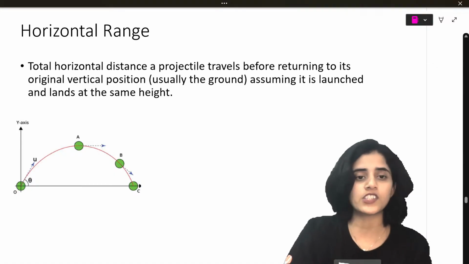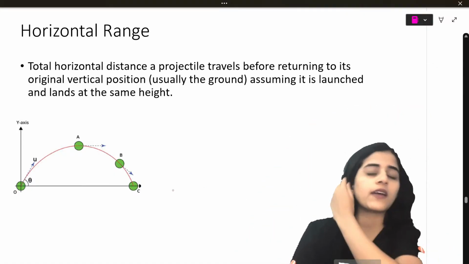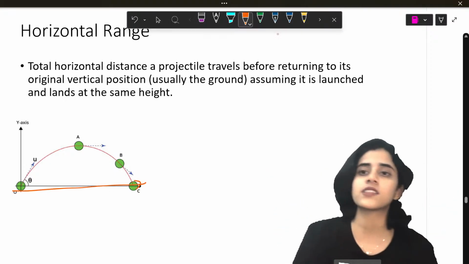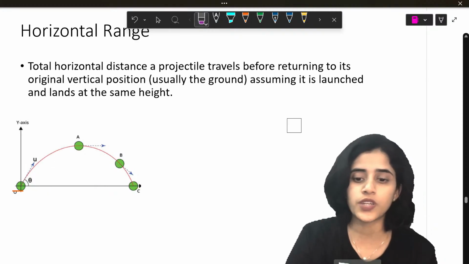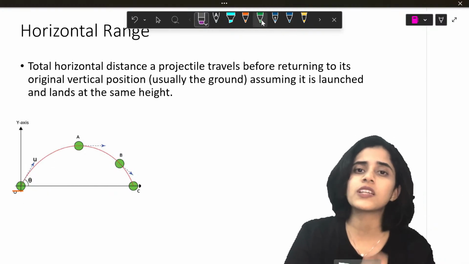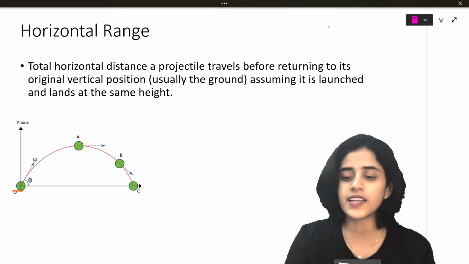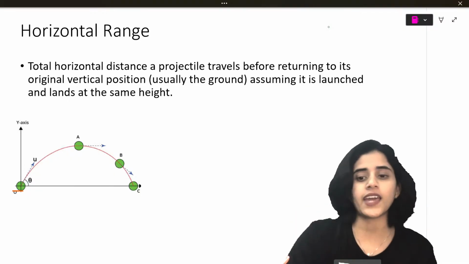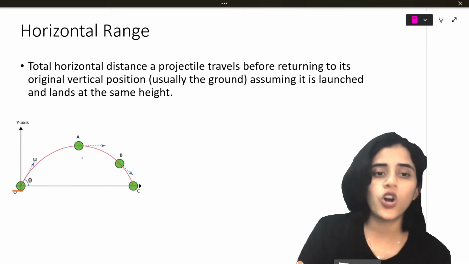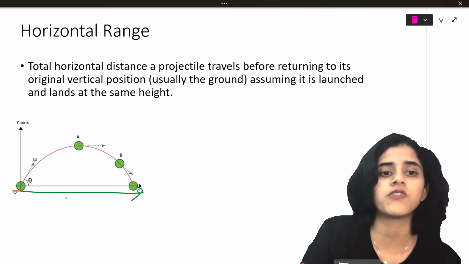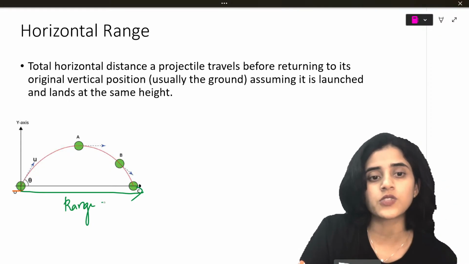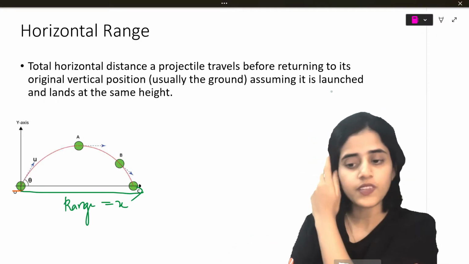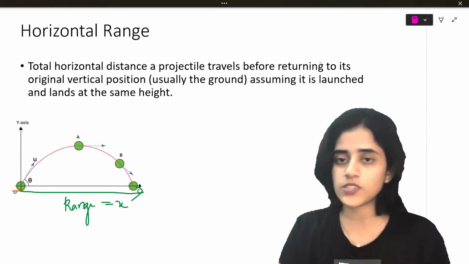Okay. Next is the horizontal range. So what is horizontal range? The maximum point it can go. So from O to C, this is the range. So the maximum distance it can go is the maximum range. Okay. So now, is this along the y-axis or x-axis? That is my question to all of you. So this horizontal range is the motion along the y-axis or x-axis. Obviously, it is along the x-axis. Okay, so the range is along the x-axis. Alright. So range is along the x-axis. So let's do it.